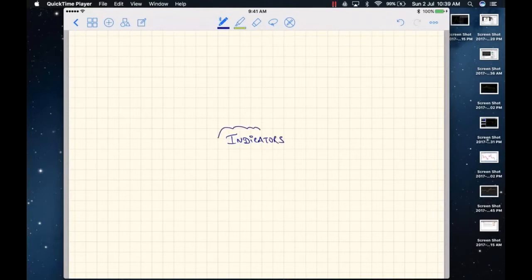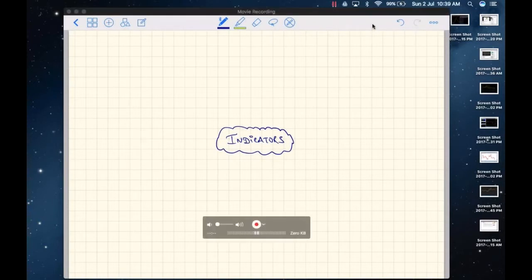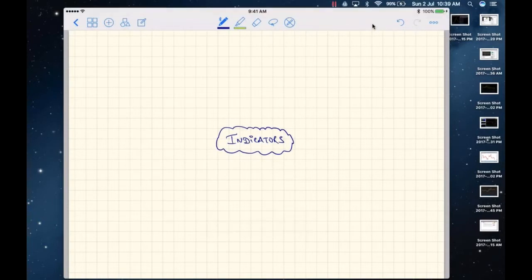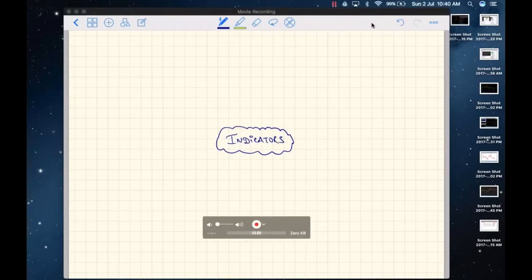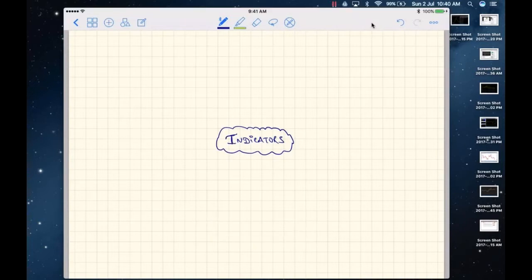Indicators, oscillators, they are the same similar thing. Now, if I ask you that when you close your eyes and you think of the word indicator, what comes to your mind? What do you see with a closed eye when you think of the word indicator? So, the word indicator means something that indicates. It's something that's trying to indicate to me. Okay. So, what is it trying to indicate?